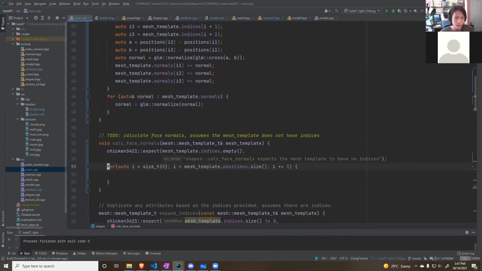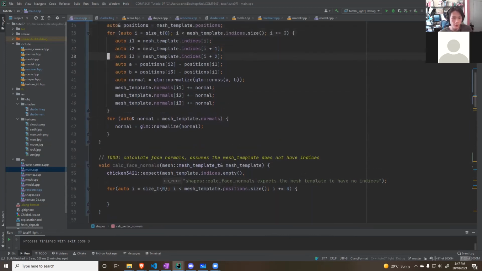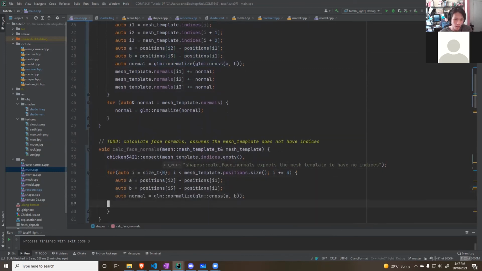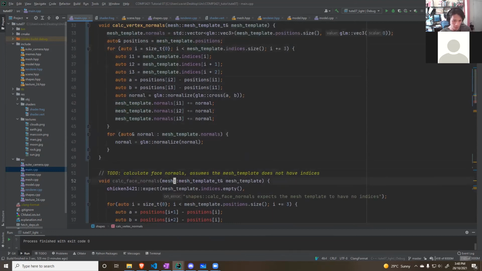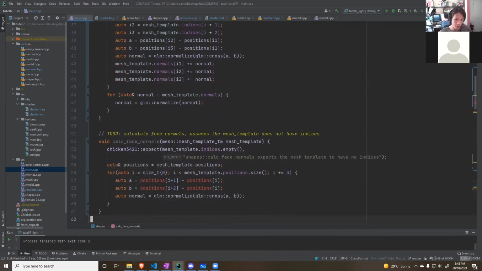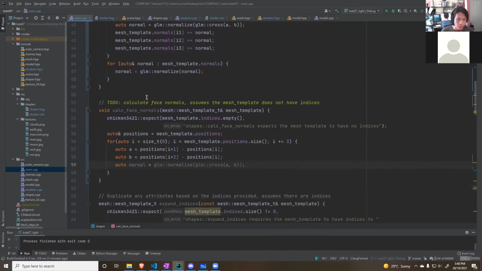And the calculation is exactly the same. So we could just say this, and paste that. The only thing is here I want I plus 1. Here it's I. Here it's I plus 2. You also need a handle to the position. Okay. And we want to push back to the mesh